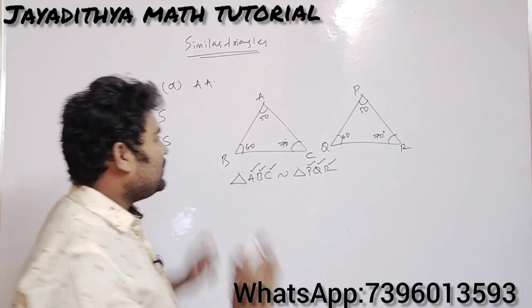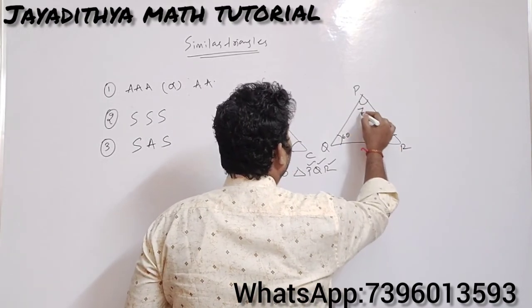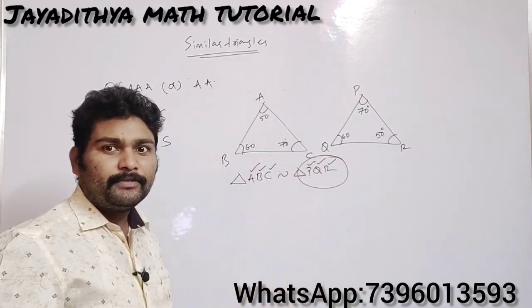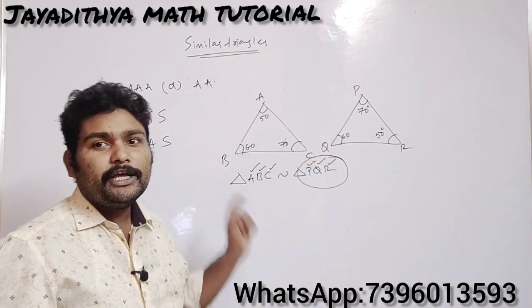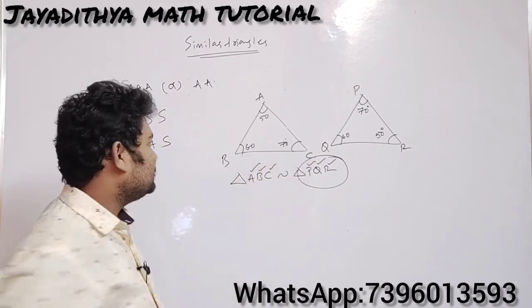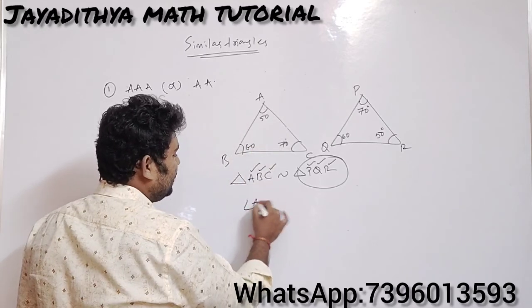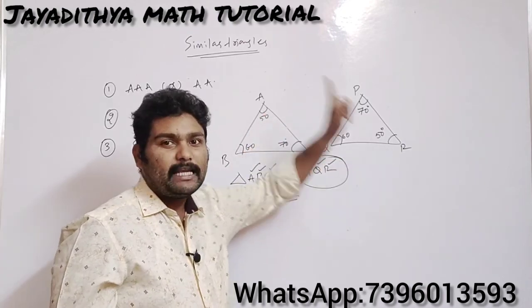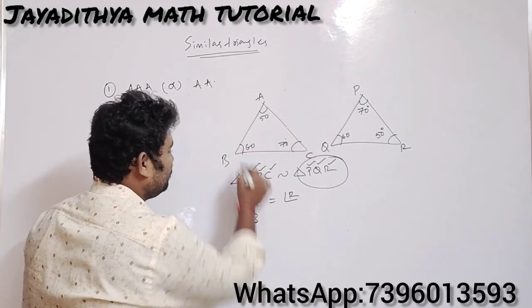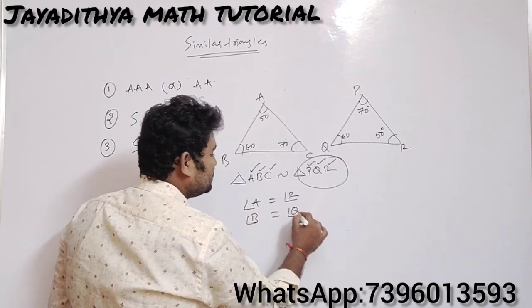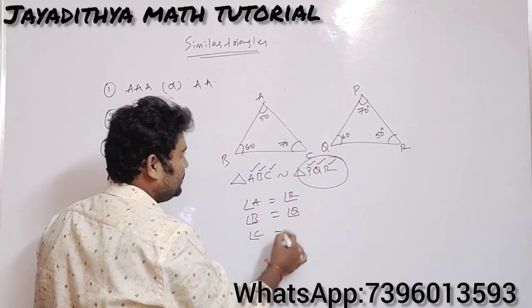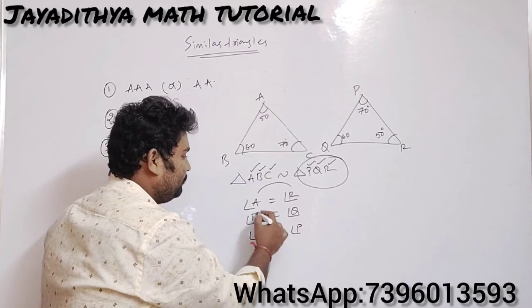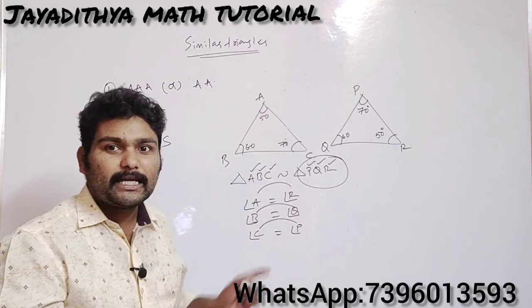So that is very, very important. Suppose the angles are like this: angle P is equal to 70 degrees and angle R is equal to 50 degrees. Now this statement will be changed. This is very, very important, guys. First of all, you analyze the equal angles here. Angle A in the first triangle is equal to angle R in the second triangle, and angle B in the first triangle is equal to angle Q in the second triangle. And angle C is equal to angle P. Now A and R are corresponding, B and Q are corresponding, C and P are corresponding here.